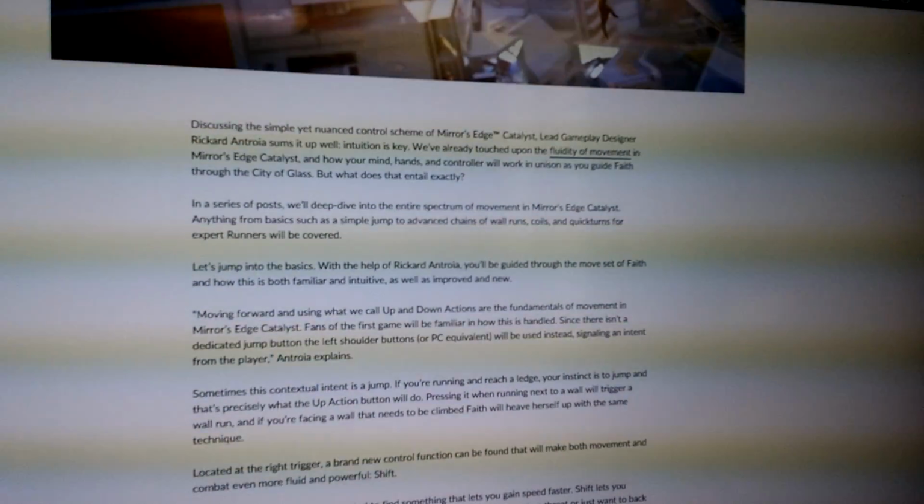Where was I? Oh yeah. "If you're running and reach a ledge, your instinct is to jump, and that's precisely what the up action button will do. Pressing it when running next to a wall will trigger a wall run. If you're facing a wall that needs to be climbed, Faith will heave herself up in the same technique." Alright, so reading that, now I'm starting to make some